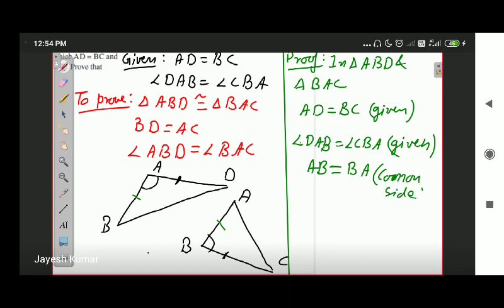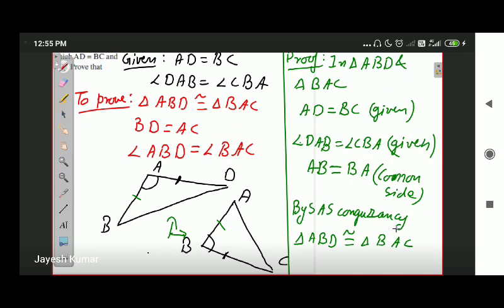In the original diagram, they were the common sides. One more thing, beta, you don't have to draw these two diagrams. Okay, draw the original diagram only. I have drawn these two diagrams just in order to clarify the question to you. Okay, so here we have by SAS congruency, both of these triangles are congruent. Triangle ABD is congruent to triangle BAC.